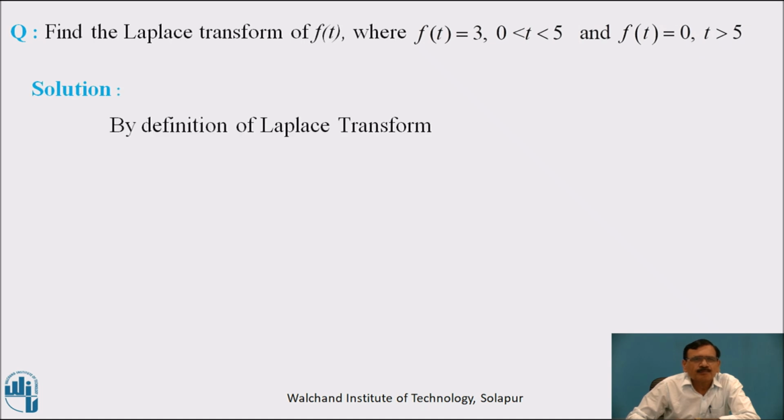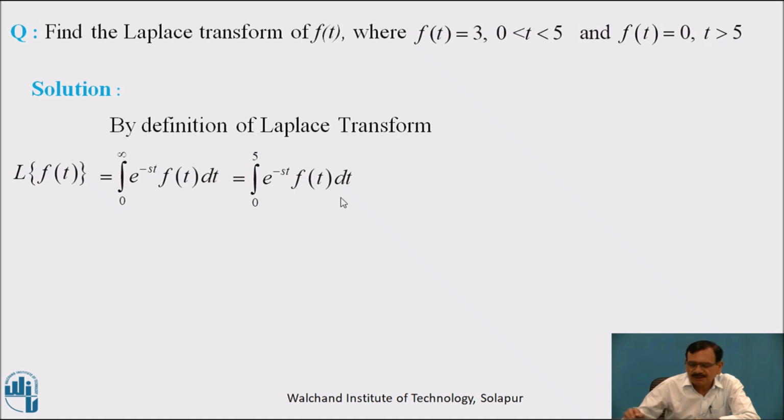Now here, by definition of Laplace transform, L of f of t is integration from 0 to infinity e raised to minus st f of t dt, which is equal to, here first limits are from 0 to 5 e raised to minus st f of t dt plus integration from 5 to infinity, t greater than 5 means 5 to infinity e raised to minus st f of t dt,